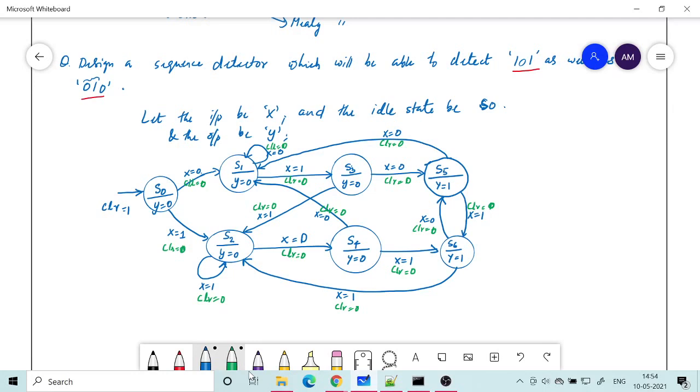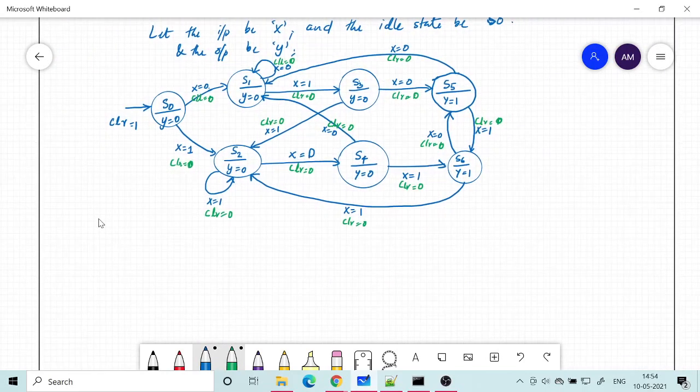So that is the way in which we want the design to work, and output is given inside the bubble, okay, in the state itself, because we are talking about Moore machine. Moore machine output depends only on the present state of the storage element. It doesn't depend upon the current input.